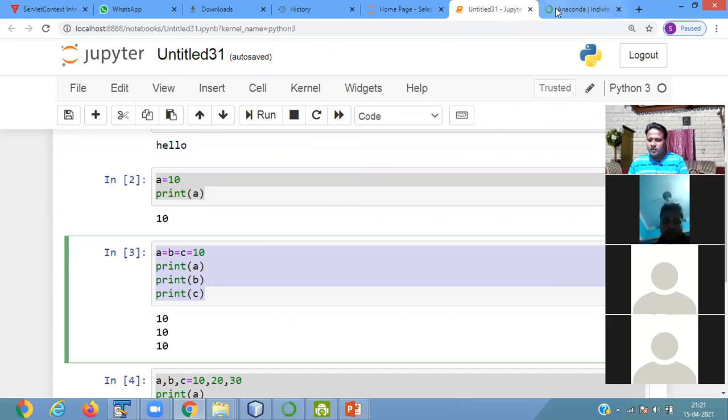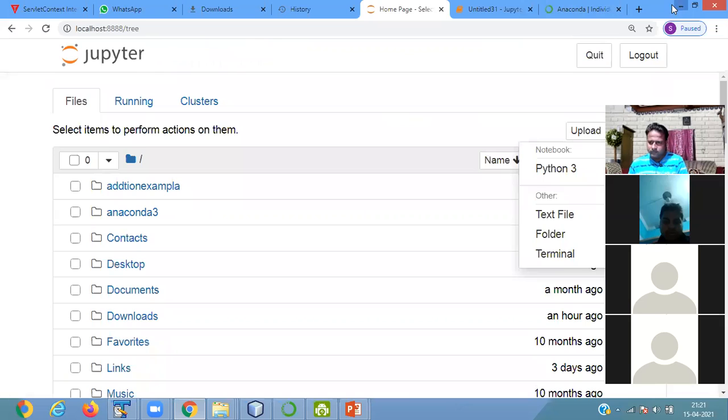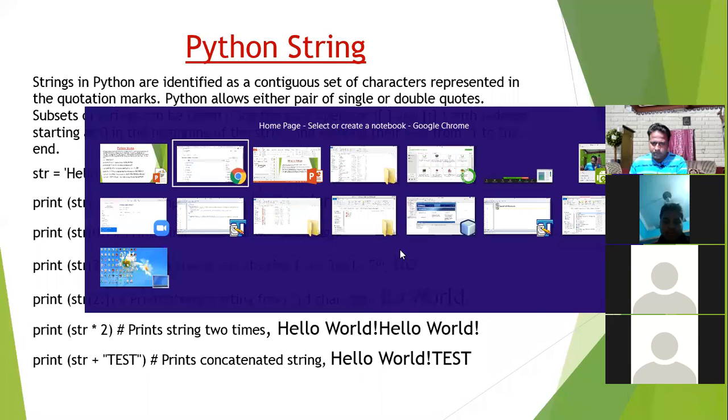Okay, so next I will go for the Python string. Now check.